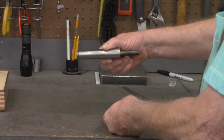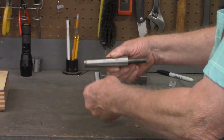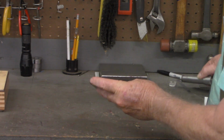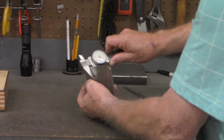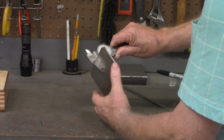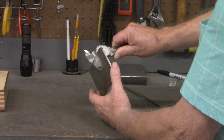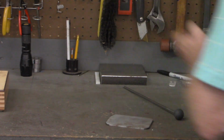If you looked at this in 2-dimensional, as you're seeing it here, it basically would be the same thing as putting an edge here, a taper here. So if we take our calipers and measure the thickness of this, we come out with 0.159. That was probably a 1/8 inch piece before I cleaned it up. 0.159. So we'll make a note of that